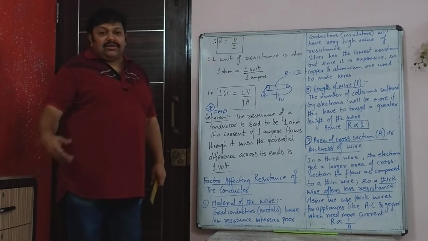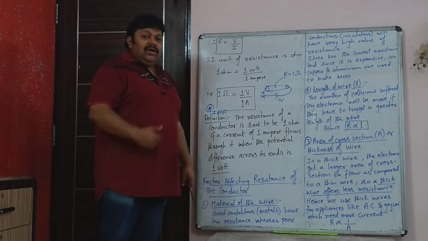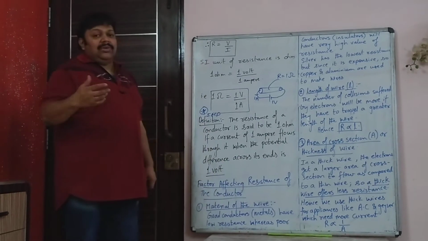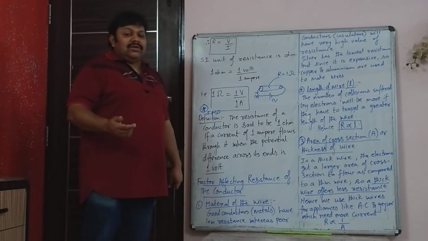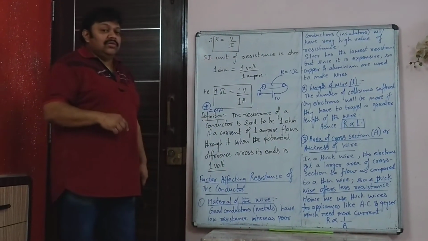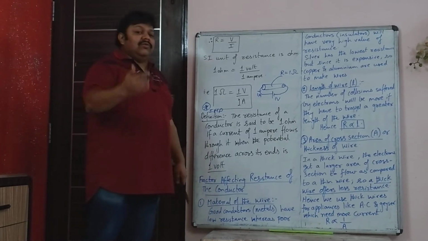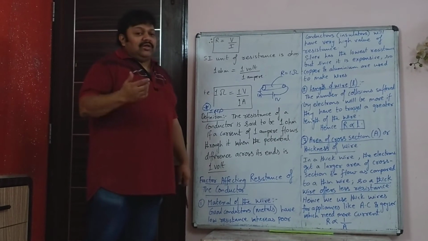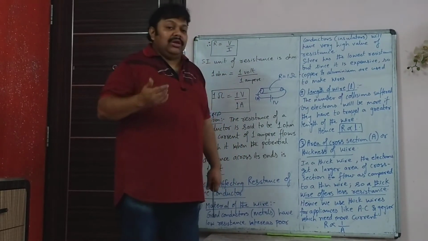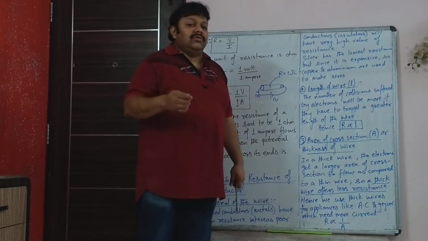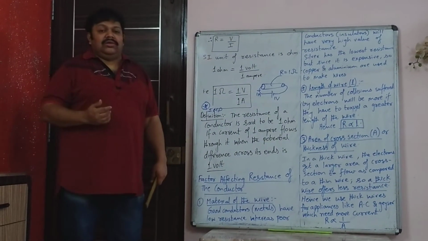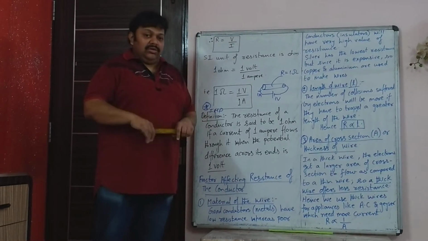So material, it is very simple to understand that metals have very low resistance. They are good conductors, whereas non-metals like wood, paper, etc. are poor conductors, so they have a high value of resistance. In metals also, silver is one of the best conductors, but it is expensive. That is why we use other metals like copper and aluminium for making metallic wires, because silver is expensive. Copper's resistance is slightly more than silver, but it is okay, we can use it.